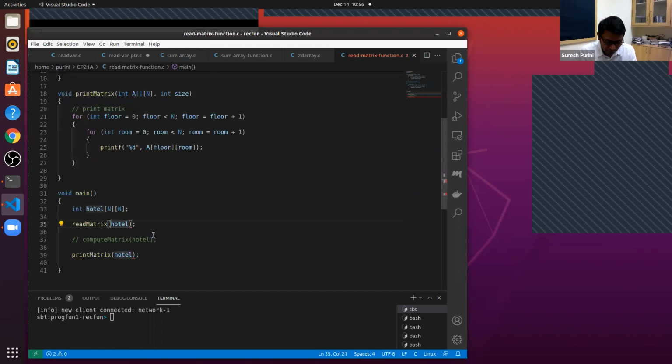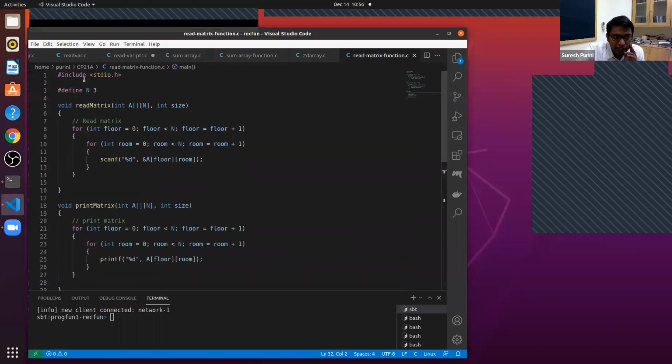And we have to pass n as a parameter. It has 2 parameters. N is declared on line number 3.